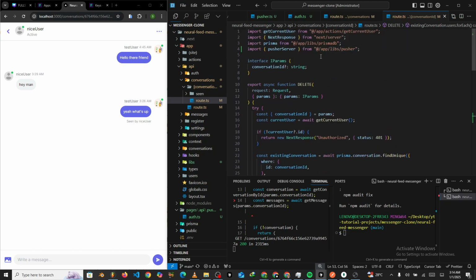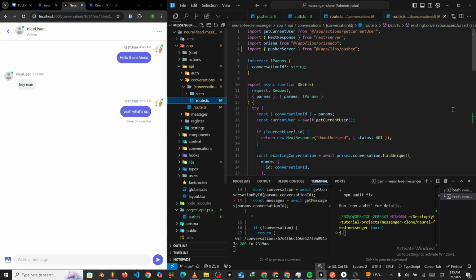All right, now that we have been able to set that up, we want to quickly move on and then set up this scene right here. So you can see the scene by nice user right here. We want to make sure that we set this up in real time. So when we have two chats, whereby one user is here and the other user is here, or like, you know, two different places in real time, right? We want to make sure that when the other user comes to see the message, it just marks in real time that, oh, the user has actually seen it, right? So in order for us to be able to work on that, we just entered this scene